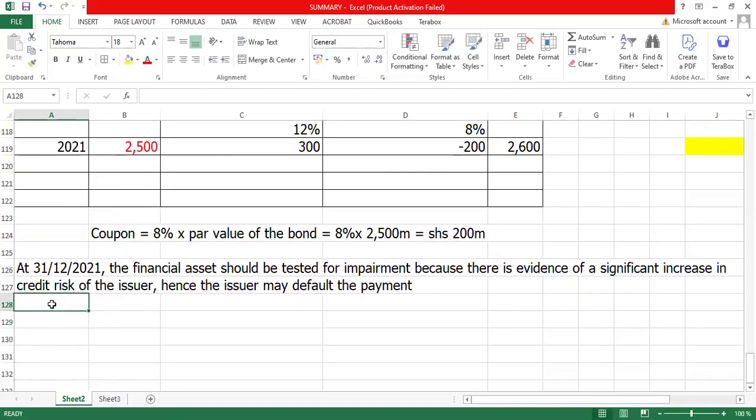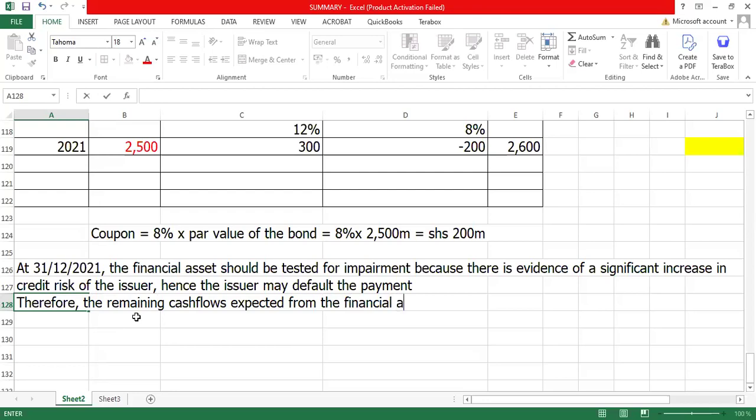Therefore, since you realize that there is a risk of default on payment, the remaining cash flows expected from the financial asset must be discounted